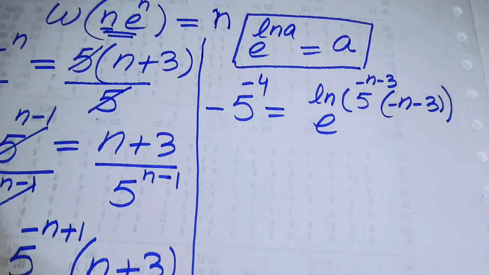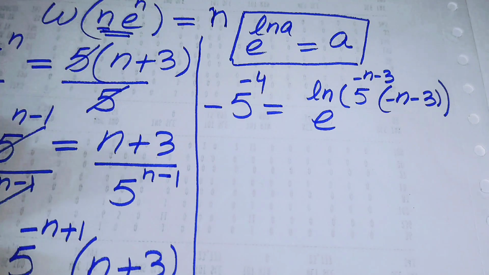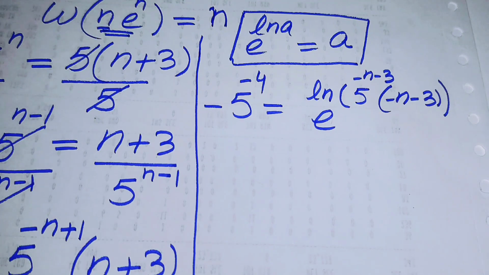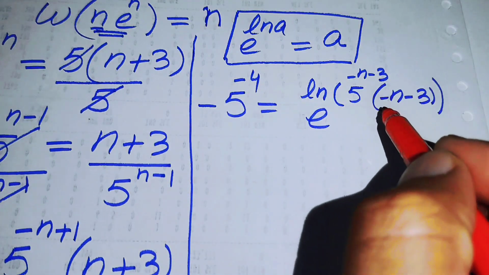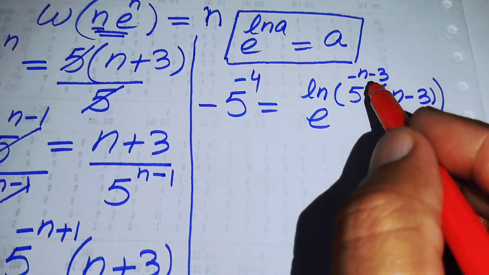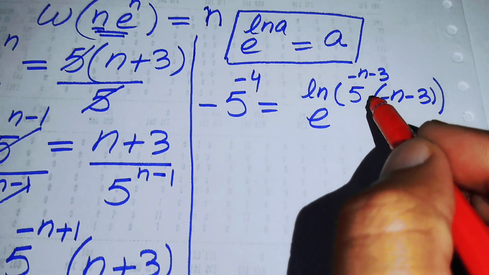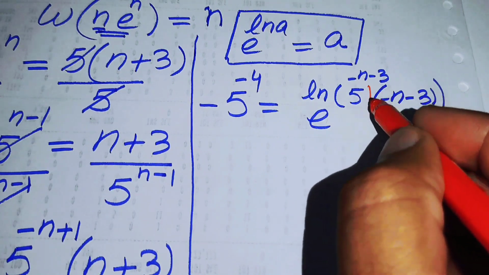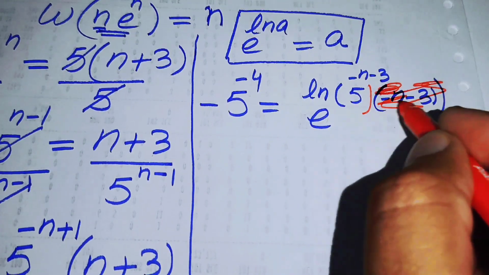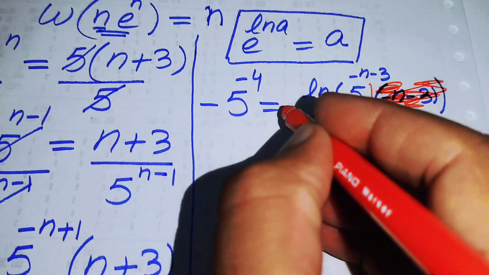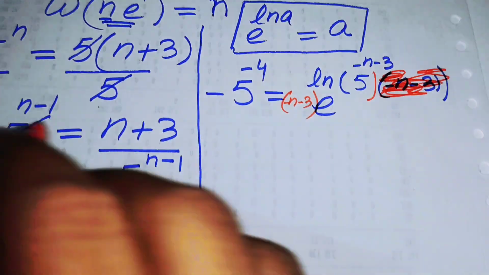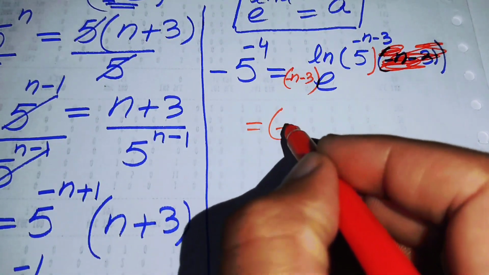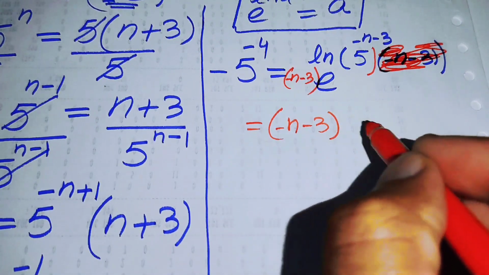And now we can apply the nice properties of logarithm. According to the properties of logarithm, the exponent of this term can be moved. Here we move this term only; I cannot do this to the term in its exponent. I can multiply it here, minus n minus 3, and we will get minus n minus 3 times e to the power of